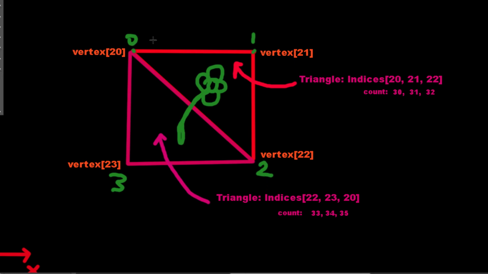Now, say this was the 5th quad. We might be working on vertex number 20, starting right here. So then this would be 21, this would be 22, and that would be 23. So we just need to do the transforms and rotations and such for those 4 vertices and add them to our vertex list for all the quads that we've created so far that we're going to draw all at once